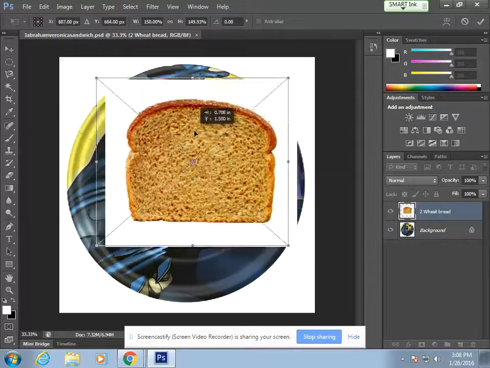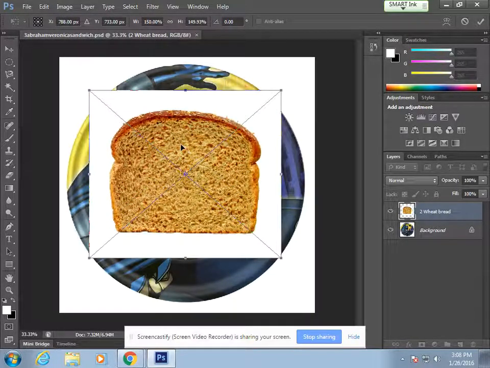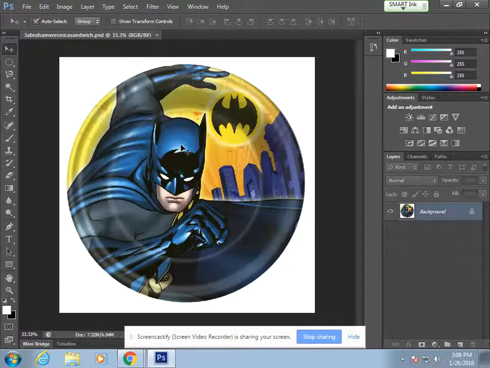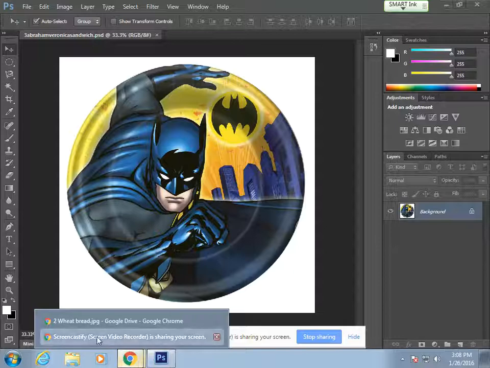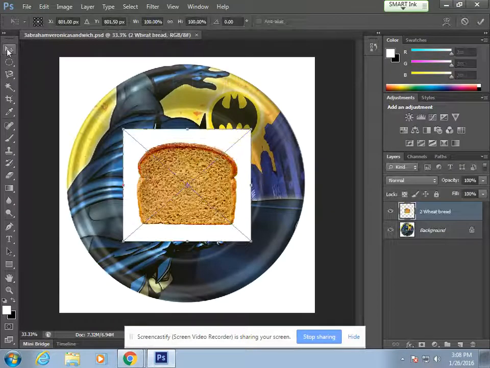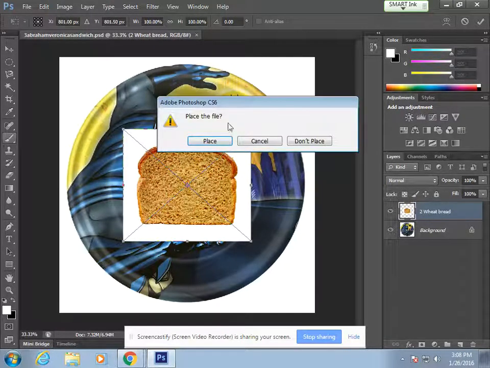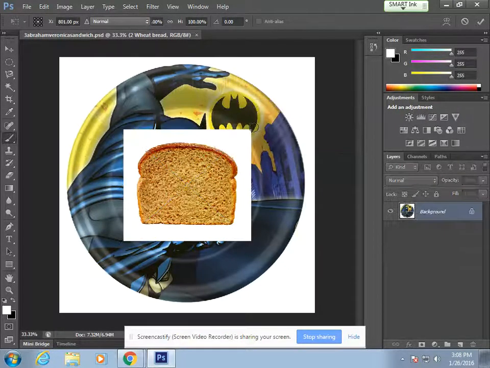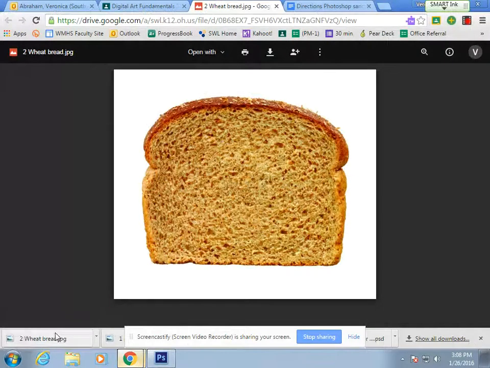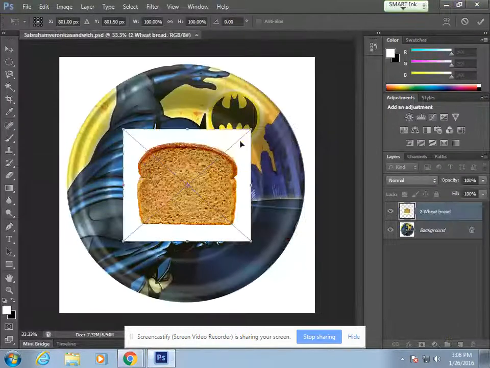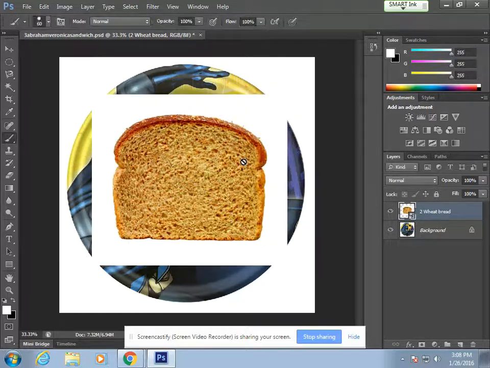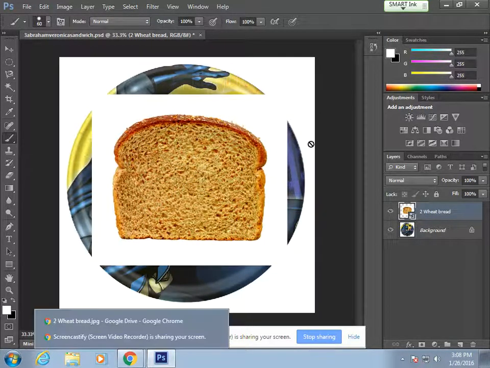Alright, so I'm done sizing my image. I'm now going to push Enter on my keyboard. If you don't hit Enter and you stay in this transform mode and you try to do other things, it'll ask you to place the file, so you want to place it. So let me actually proceed now. I'm going to resize it, hold down Shift, and hit Enter to place the file, and right away